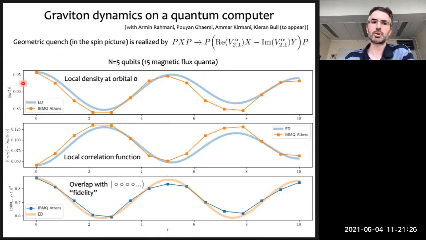This is time evolution of some local density at a certain magnetic orbital. This is some local correlation function, and that's something that's kind of like a fidelity, but not really the fidelity. It's overlap of your time-evolved state on this classical product state, which is like a vacuum state in this case. So as you see, all these 3 quantities have exactly the same frequency and they evolve precisely as we